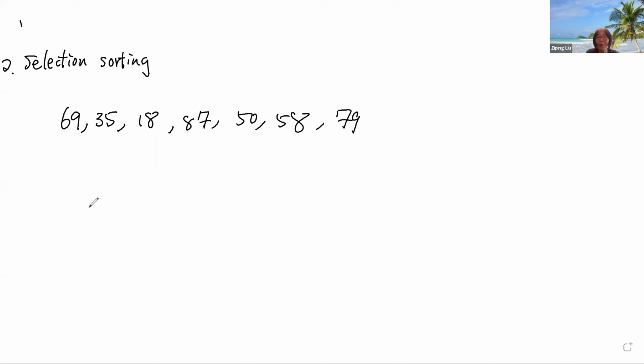So let's see how it works. Initially, pass one is what? In the whole sequence, you find the smallest number. So 18 is the smallest. And if 18 is the smallest, still in ascending order,